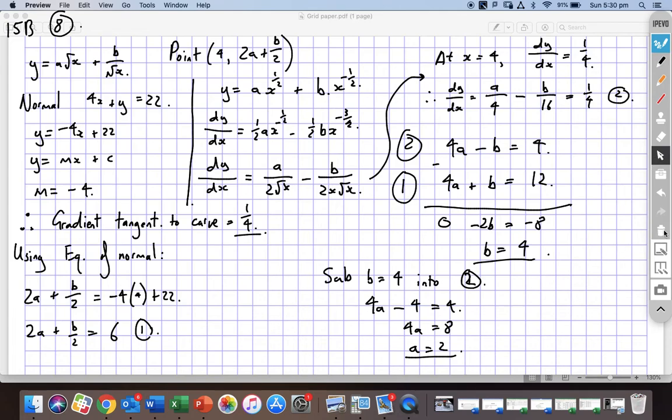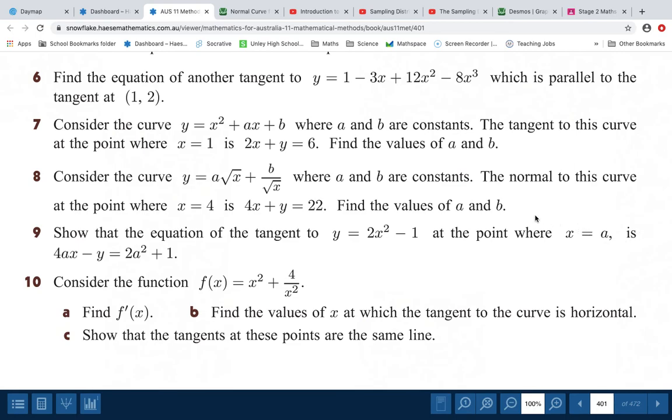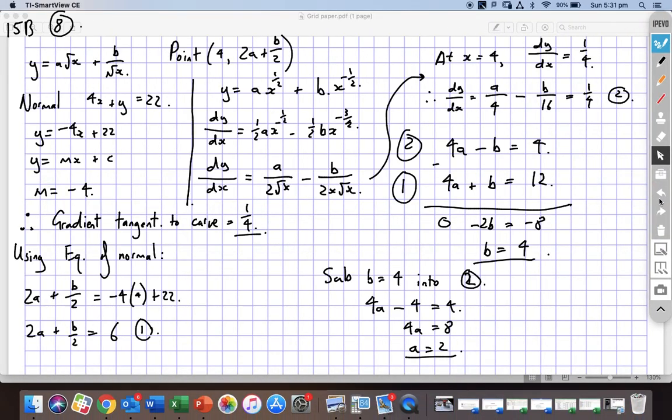I'm just going to check the question to see if we finished everything. I'm not sure if they want an equation for a tangent or not. Let's have a look. No, it just says find values of a and b, so we are done. All right,